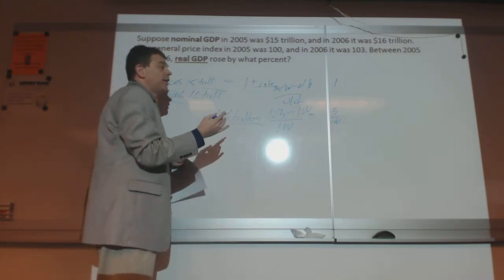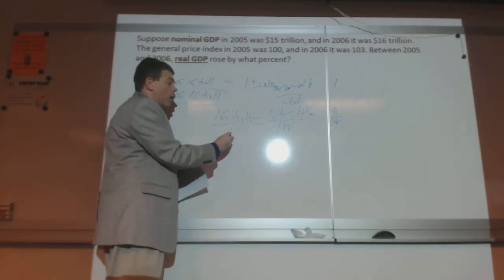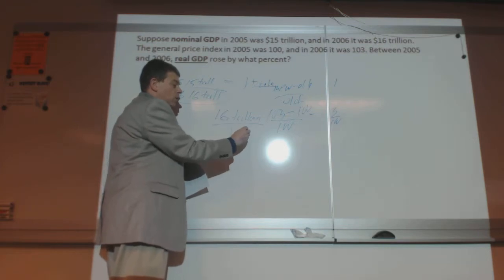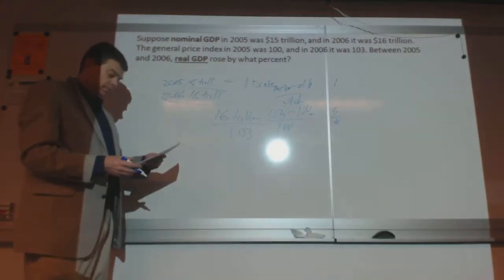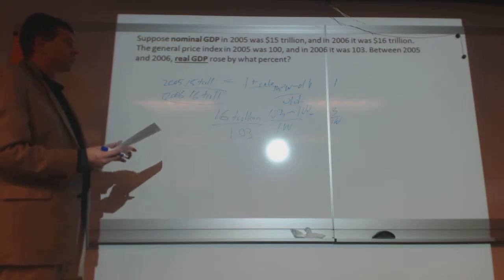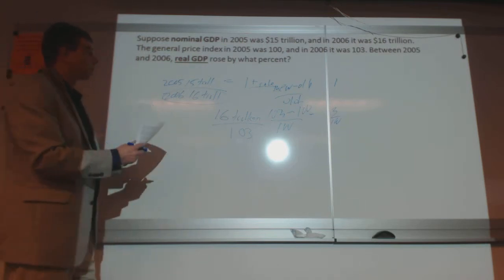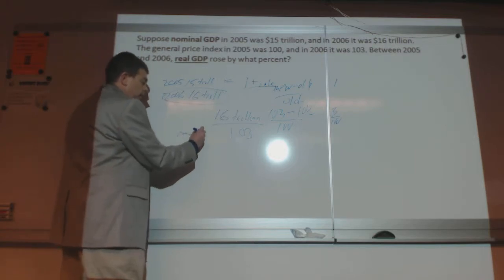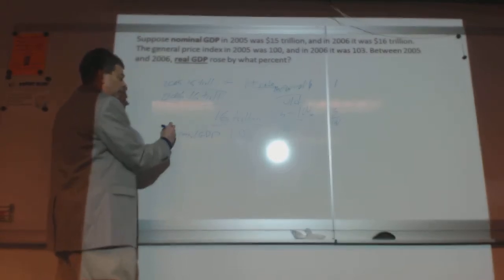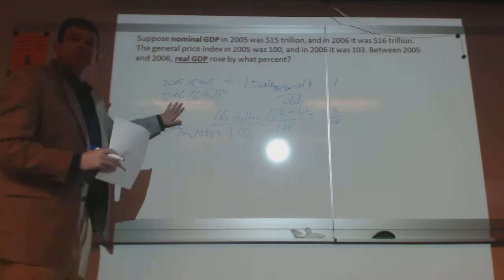So if the rate of inflation was 3%, it would be 1.03. If you take 16 divided by 1.03, real GDP for the year 2006 was not 16 trillion,